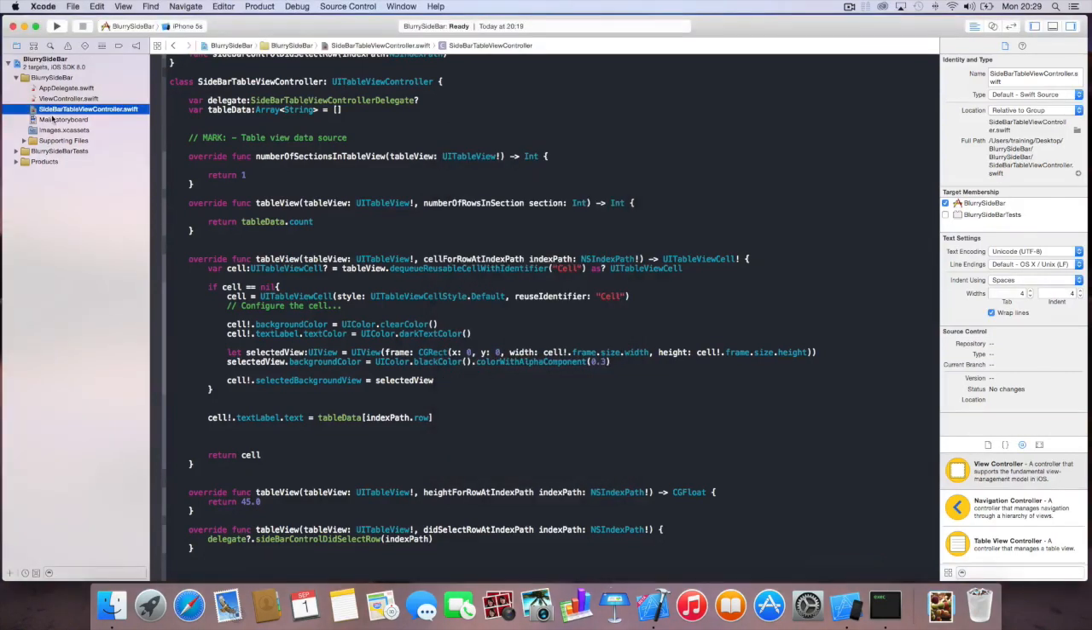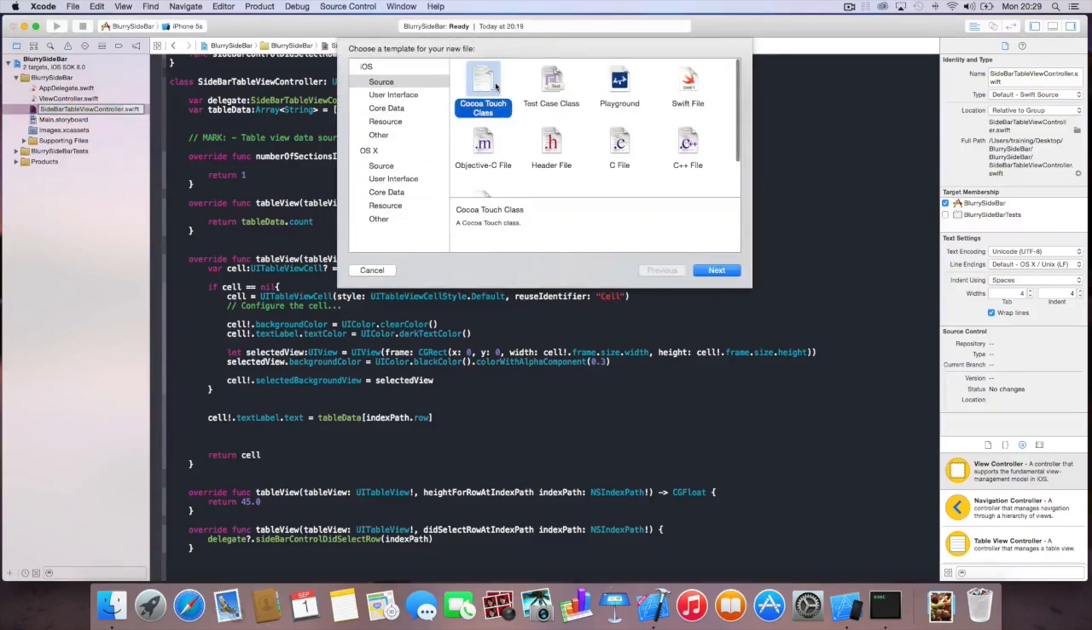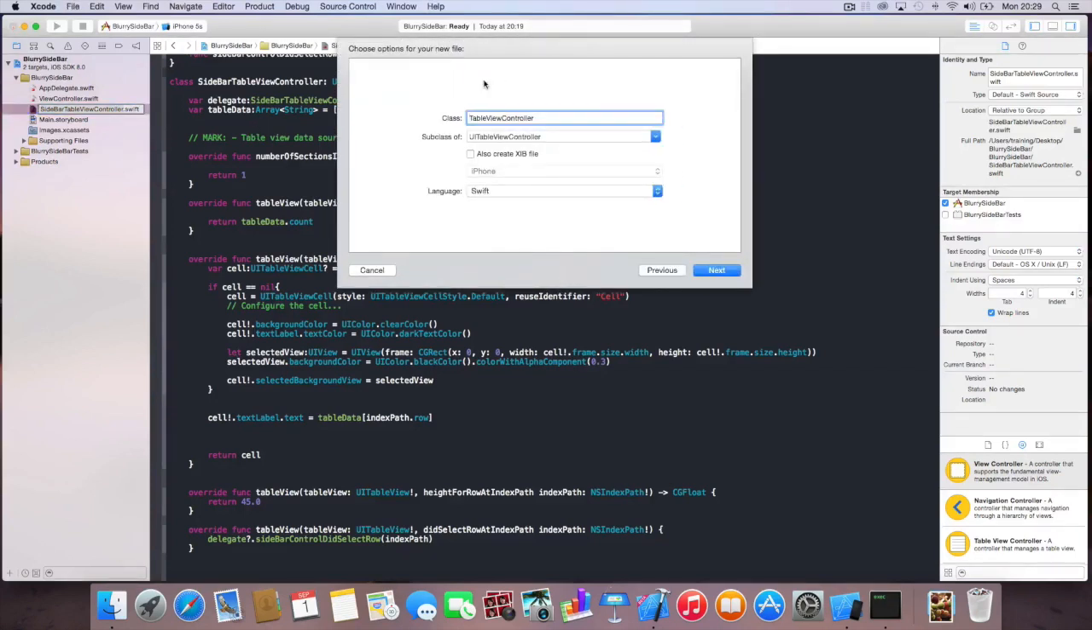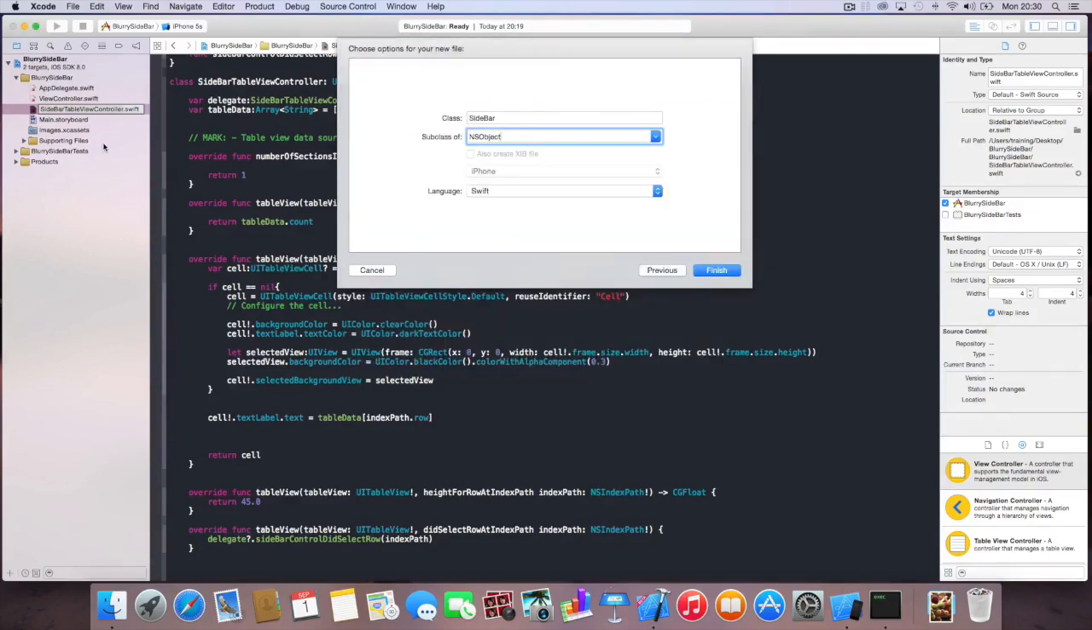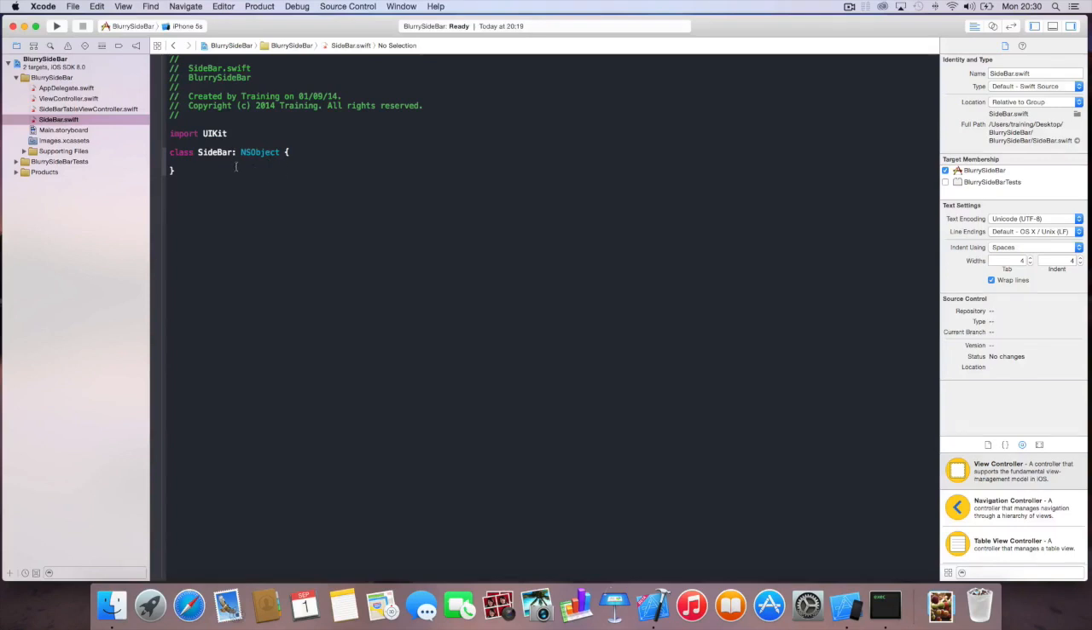Now, to continue, we will now create the actual sidebar component. Again, pressing Command N on the keyboard, creating a new Cocoa Touch class. We're calling this Sidebar, and this is going to be a subclass of NSObject, nothing special, just an NSObject, no fancy UI stuff in there. So let's create that, and there it is, nice and clean. This NSObject, well, we inherit everything that comes from NSObject, but what we're also going to do is we're going to adopt